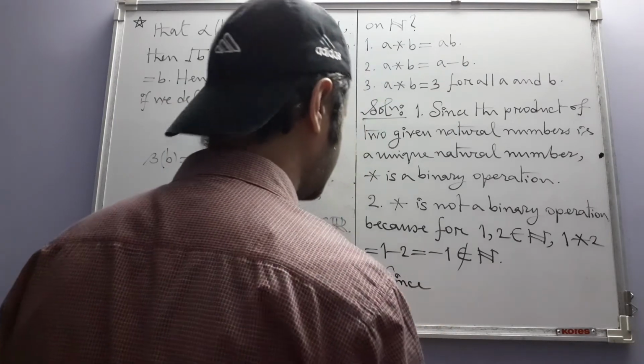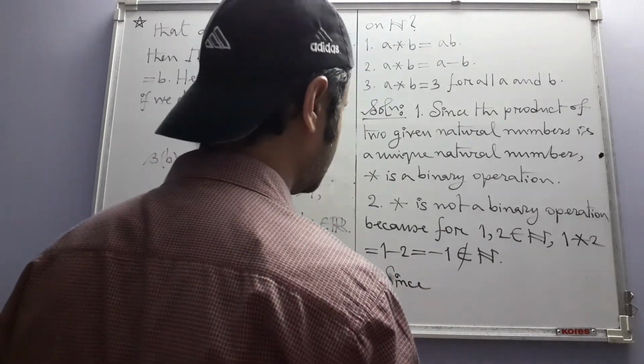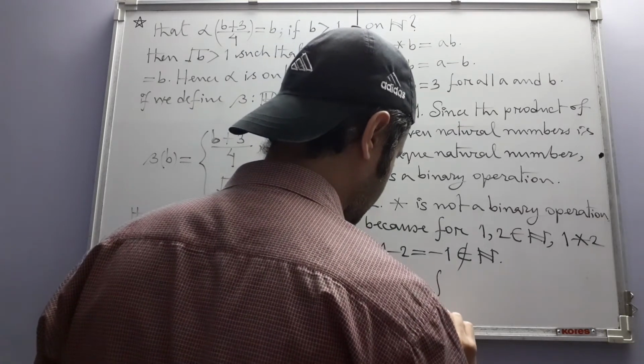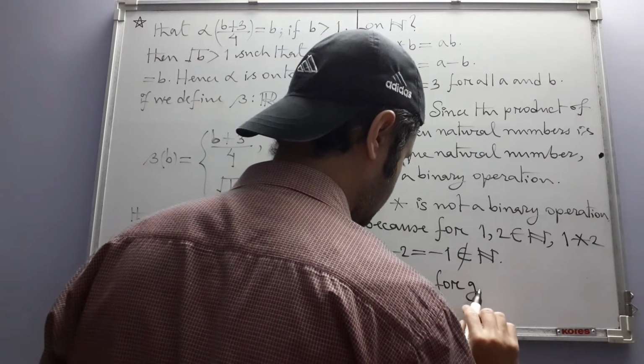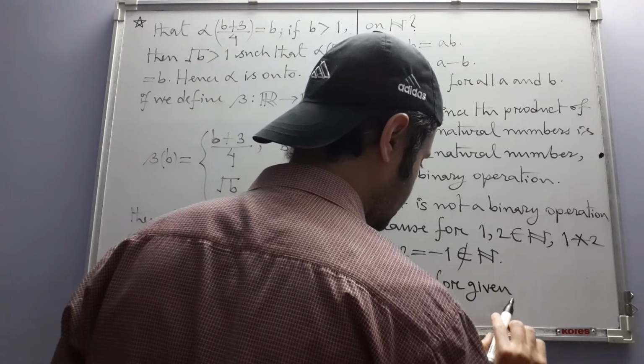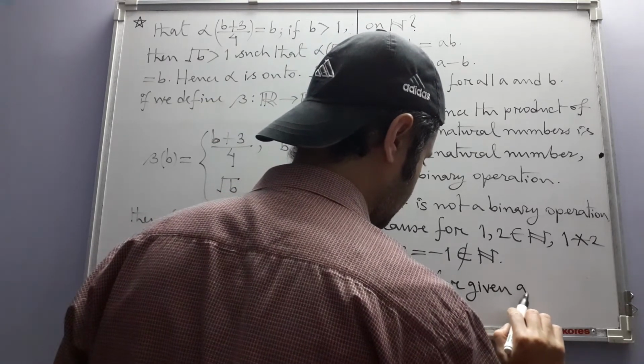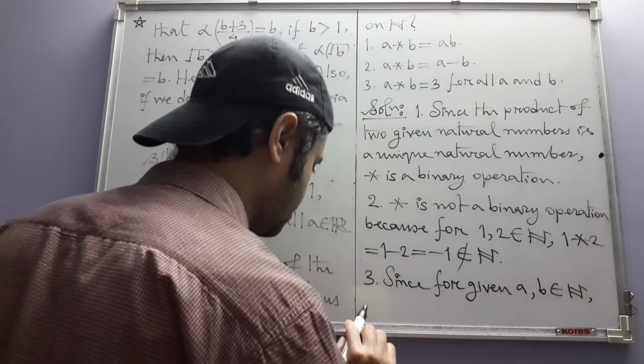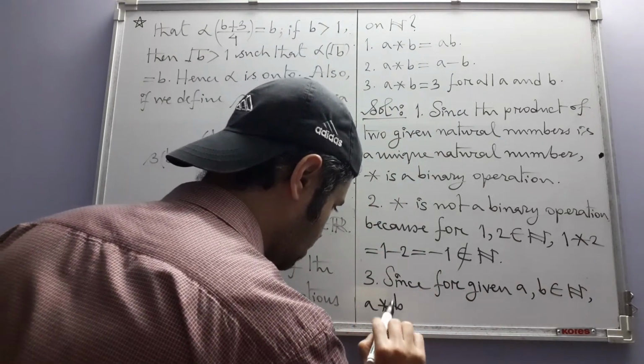Nevertheless, it satisfies the conditions in the definition, so it is a binary operation. Since, for given a and b belonging to N, a star b,